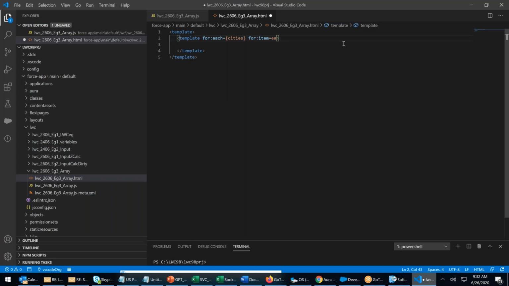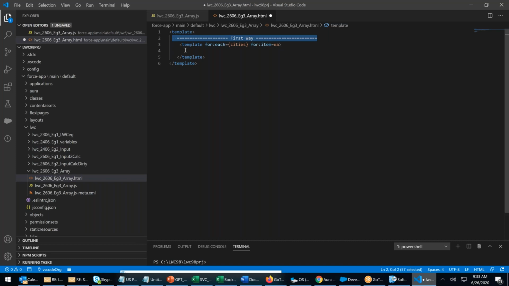How to display the data? There are two ways to do that. This is the first way I'm showing you. I will put it here on the top. First way.